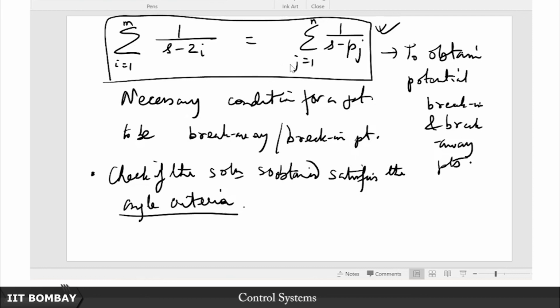Then you might ask, why are we going to study that? Because it's a beautiful interpretation of this breakaway and break-in point when it occurs on the real axis. So we'll see that, and we'll see a couple more refinements of this root locus. We've already seen 5 basic rules of sketching a root locus. The first refinement is this breakaway break-in point evaluation of the root locus, which we've also hopefully seen. We'll continue to see this for a little longer, and then we will see a couple more refinements, one of them being how to evaluate